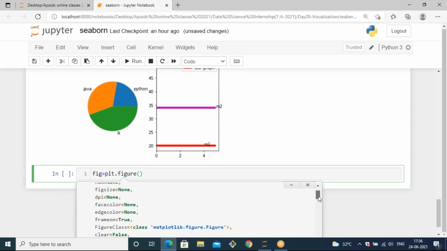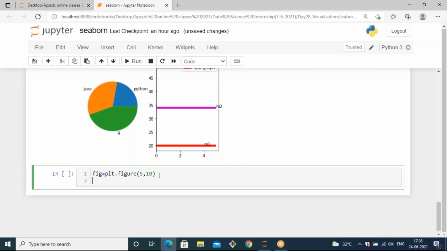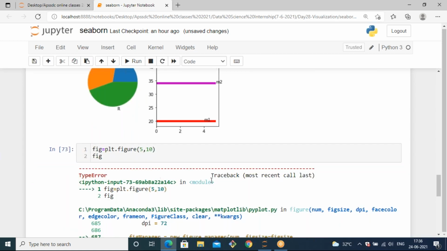A figure size, by default there is none. So by default it doesn't mention any kind of size. If you want to mention any size, you can specify it. Like if I mention 3, 10, and if I give fig, it will generate a kind of object.